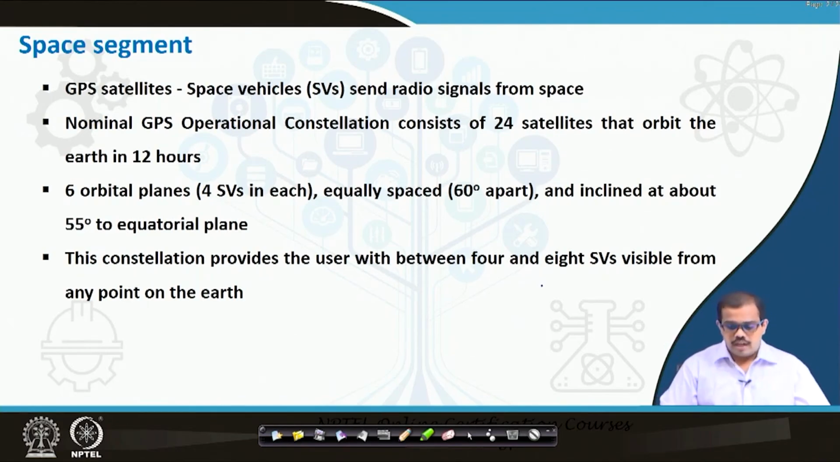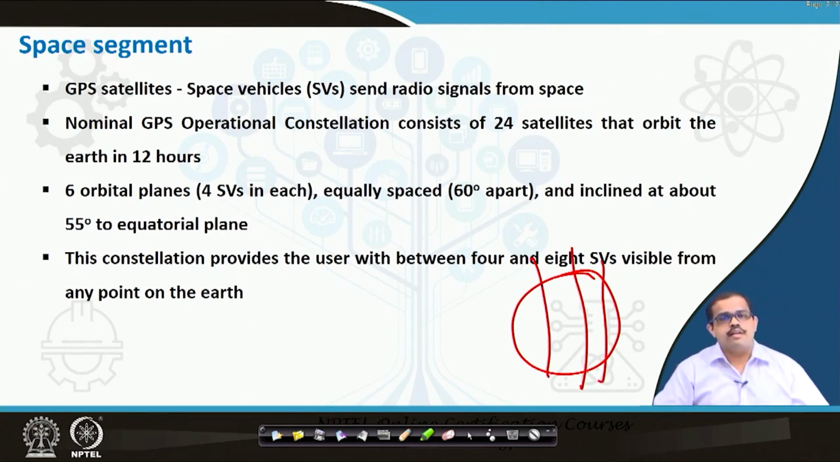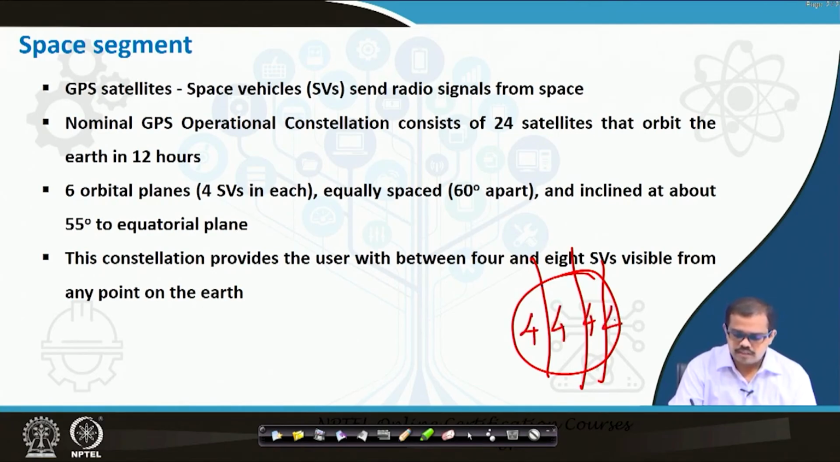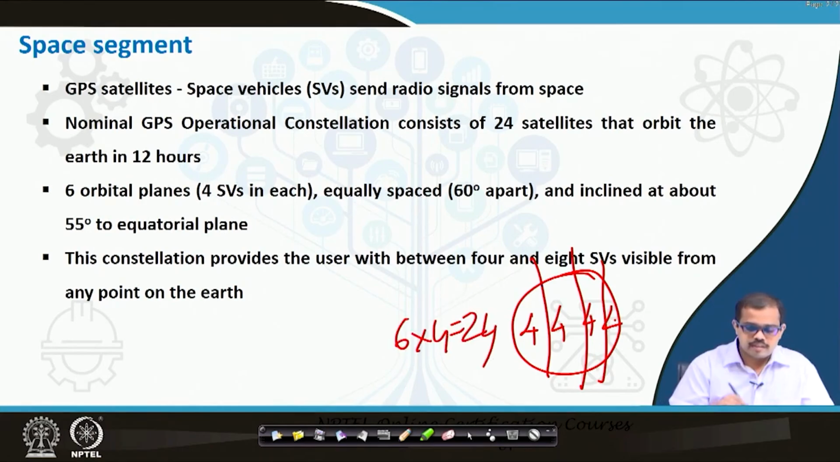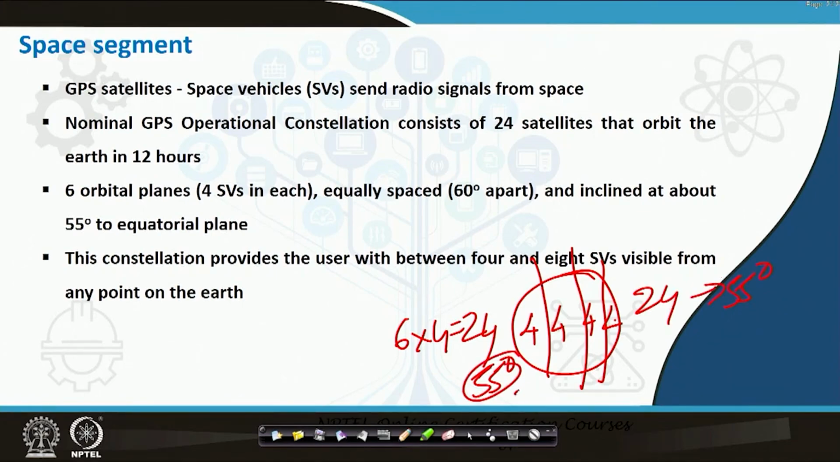Now, when you look at the entire Earth surface here, it is divided into 6 different orbital planes, each plane having 4 satellite vehicles. So, 6 into 4 is 24 satellite vehicles all across the globe, and each of these satellites is inclined at 55 degrees. So, all of these 24 satellites are inclined at 55 degrees, and each of these orbital planes is 60 degrees. So, let me